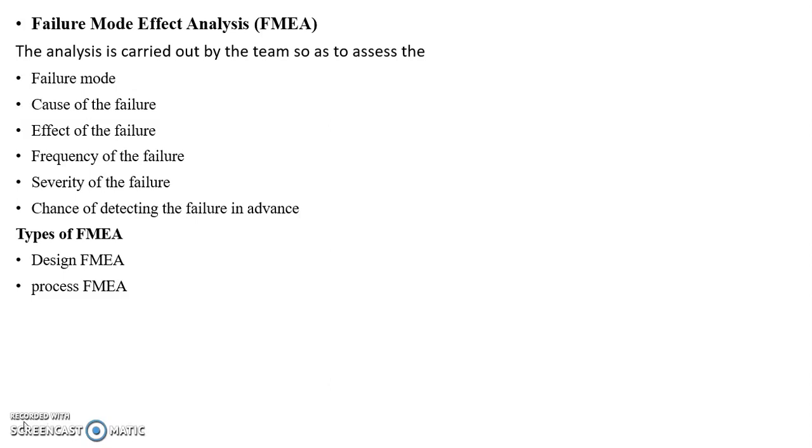Next, some terminologies used in FMEA. First one is failure mode. The failure mode describes the way in which the design or process may fail to fulfill its functions or to meet the customer specification. Each description is in physical or technical terms and is not a description of symptoms of failure. For example, a failure mode can be a data entry error, invoice error, address error or forecasting error, etc.